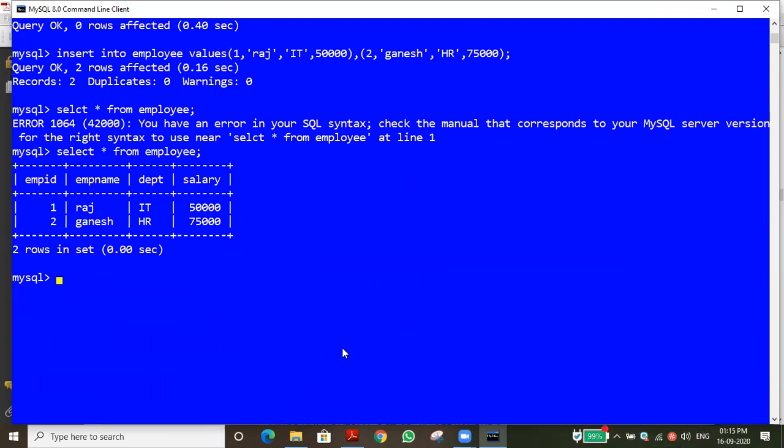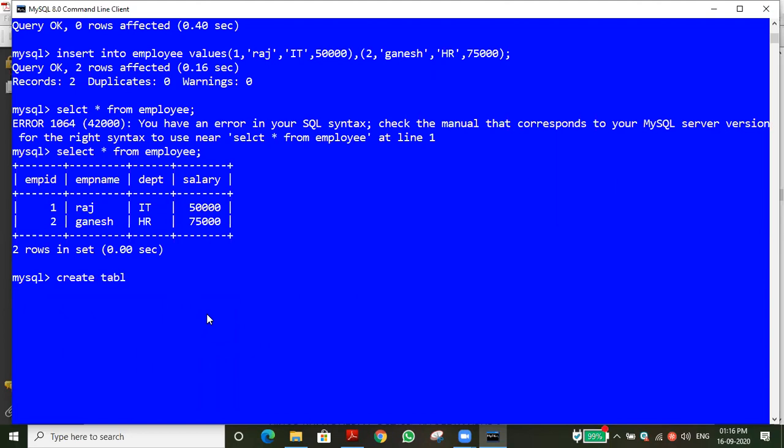Let me create a child table. Now we are going to create a child table. While we are creating the child table, I will redefine it again, I will tell the definition. At that time you can easily understand the meaning of the foreign key. So how to create a table? Can you say that?